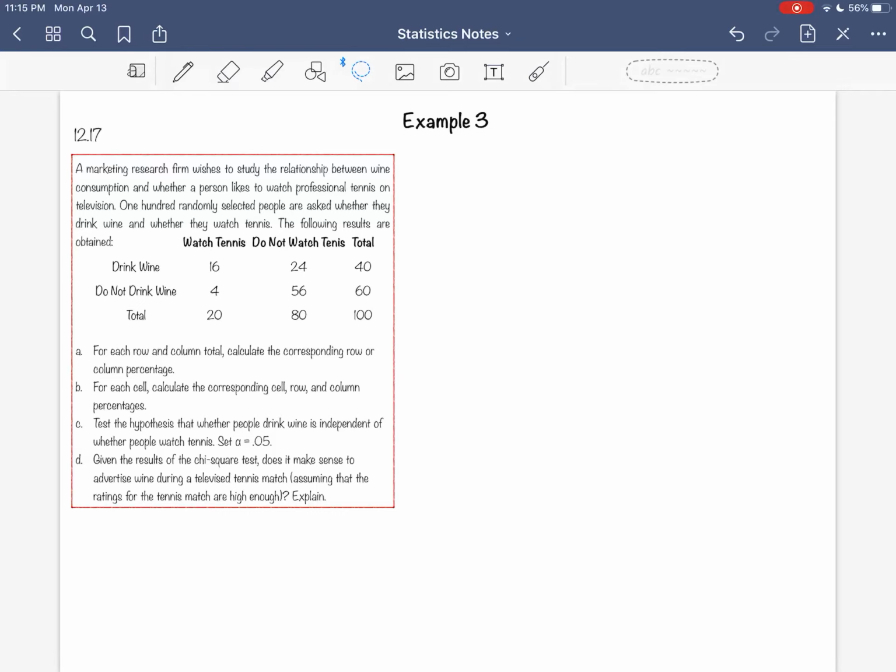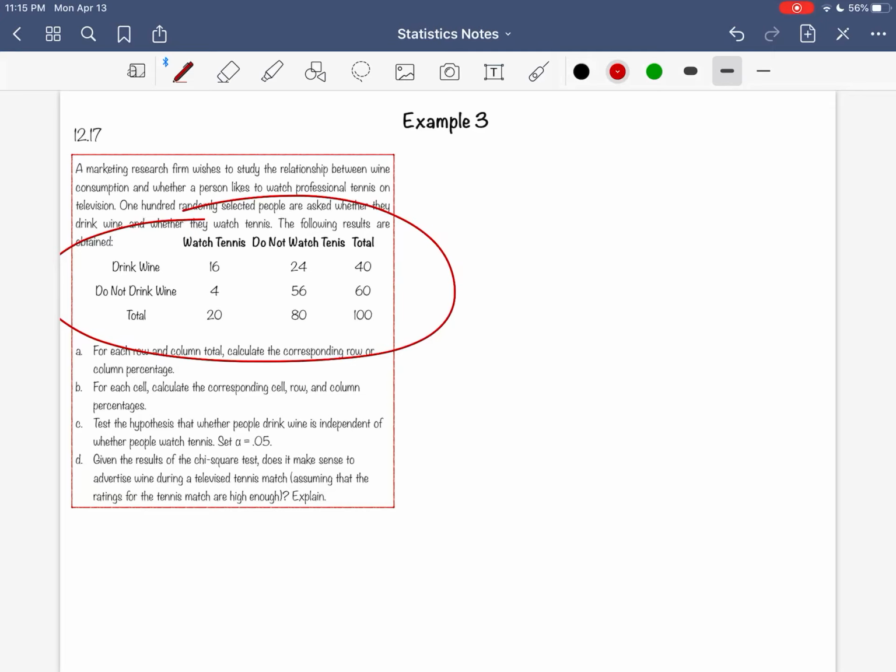So welcome back. Example number 3 from chapter 12. We have a scenario where a market research firm wishes to study the relationship between wine consumption and whether a person likes to watch professional tennis. 100 randomly selected people are asked whether they drink wine and whether they watch tennis, and the following results are obtained. So I hope you all recognize that this is a contingency table, much like we've seen and used in